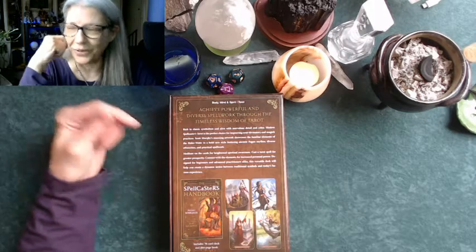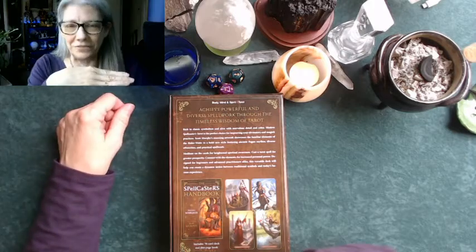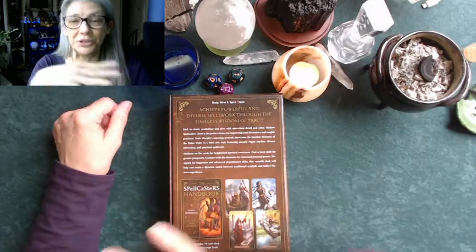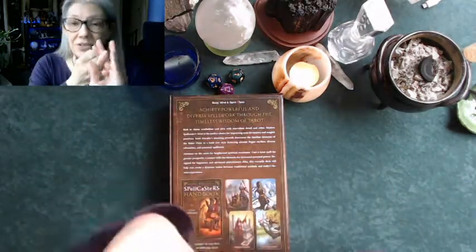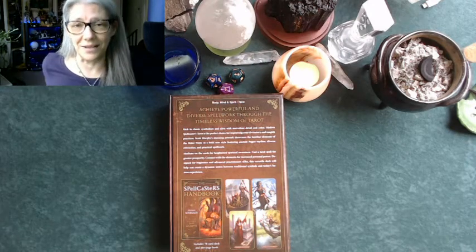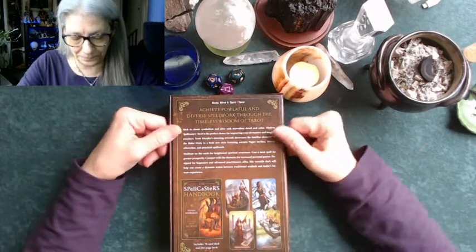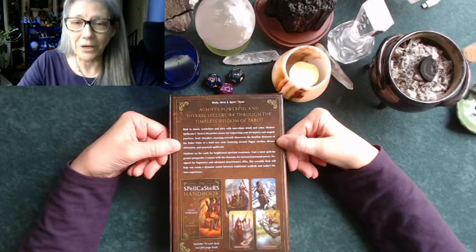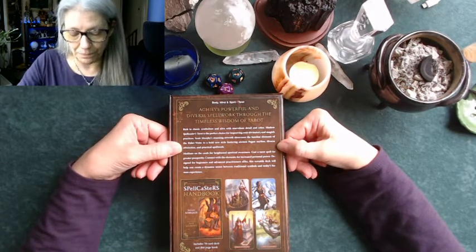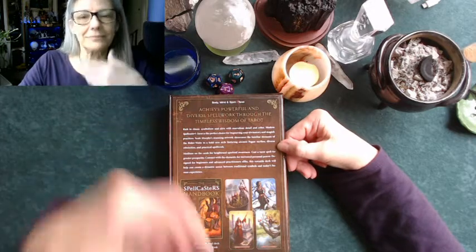Please, we need to take Rider off of there. Rider was like the executive producer or the publisher. Waite was the author. Smith was the artist. Let's just call them Waite-Smith decks rather than Rider-Waite. Anyway, rant over. Elements of the Waite-Smith in a bold new style